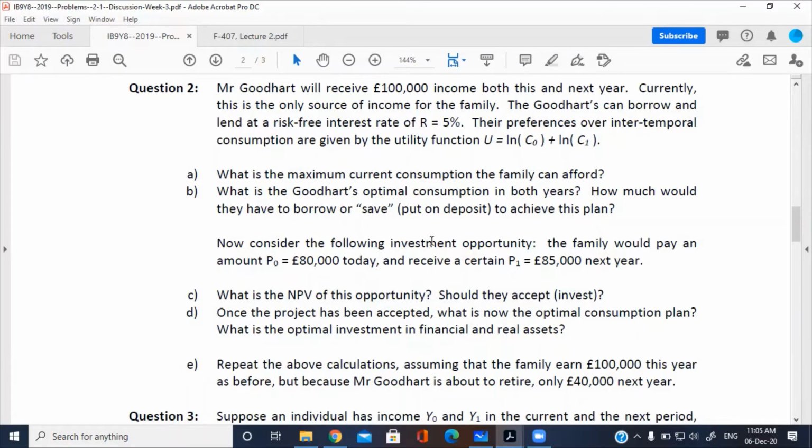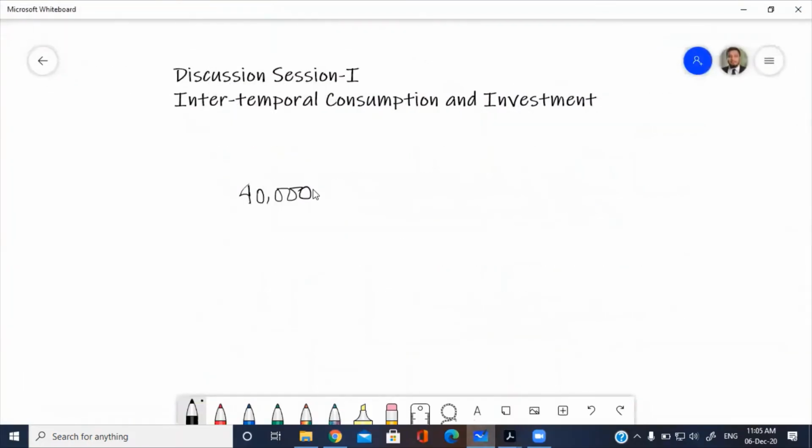Okay, so first of all, what is the first question? What is the maximum current consumption the family can afford? Let me write the question here. In both periods, Mr. Goodhart has income of 100,000. So you can expect that the maximum consumption he can afford should be the total income in the current period, and the maximum amount of borrowing he can make